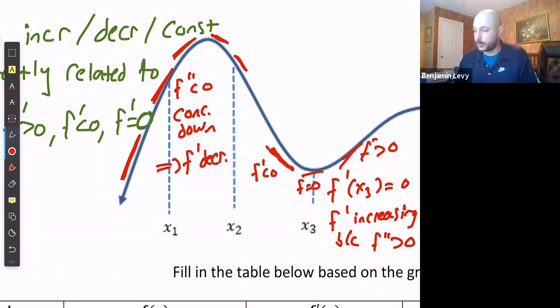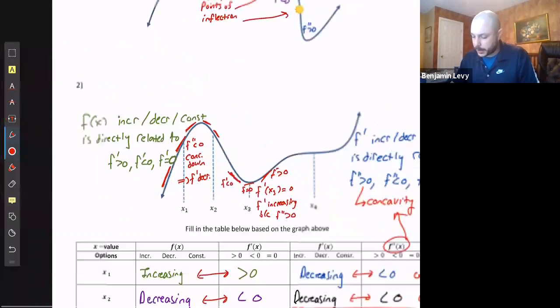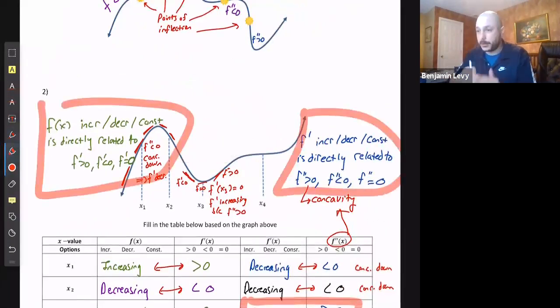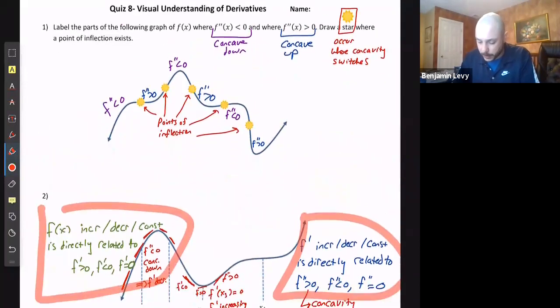Hopefully that makes sense. The thing I'm really trying to get across here, which I've written in the words right here that I would refer back to if you're looking at this later, is that the first derivative tells us increasing, decreasing about the function, right? So when you take a derivative, it tells you increasing, decreasing. And so if we take a derivative of the first derivative and it becomes the second derivative, that tells us increasing, decreasing about the first derivative. I know that's a little confusing and I say the word derivative a bunch, but that's the sort of thing I'm thinking about. So to your other question then about the one up here,